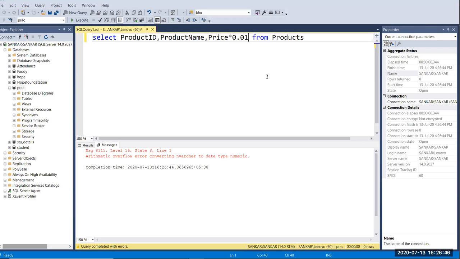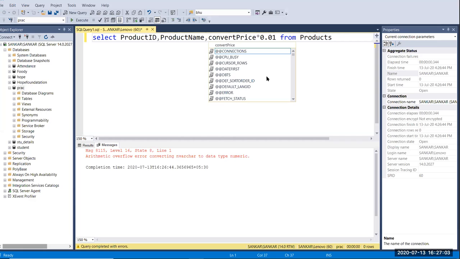Now you get an error here because the price is NVARCHAR character data type. So here we have to convert the price into integer or float, because I have created the price field using NVARCHAR data type.